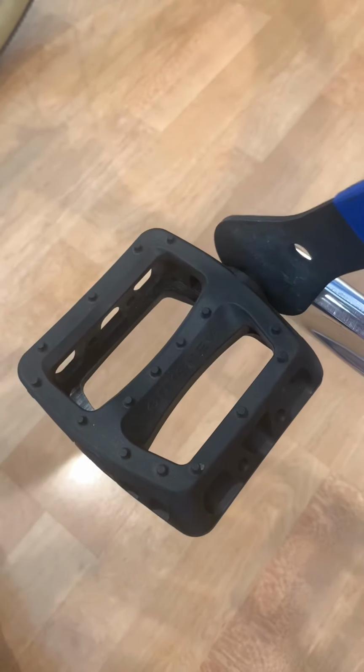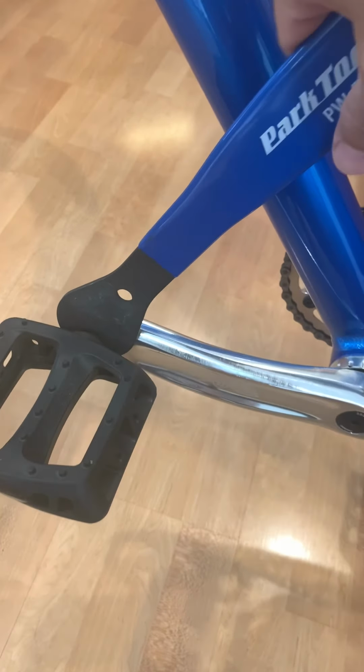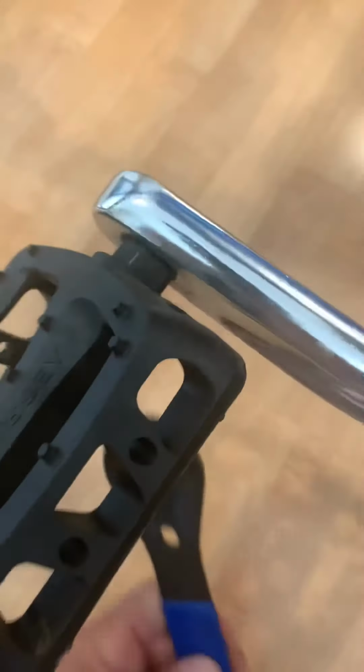Important to note, there's a left-hand thread on the left-hand side, so from this position, you're going to loosen it by going this way. So it's reverse. Typically it's righty-tighty, lefty-loosey, but on this one it's going to be righty-loosey. And as I start to take this off,